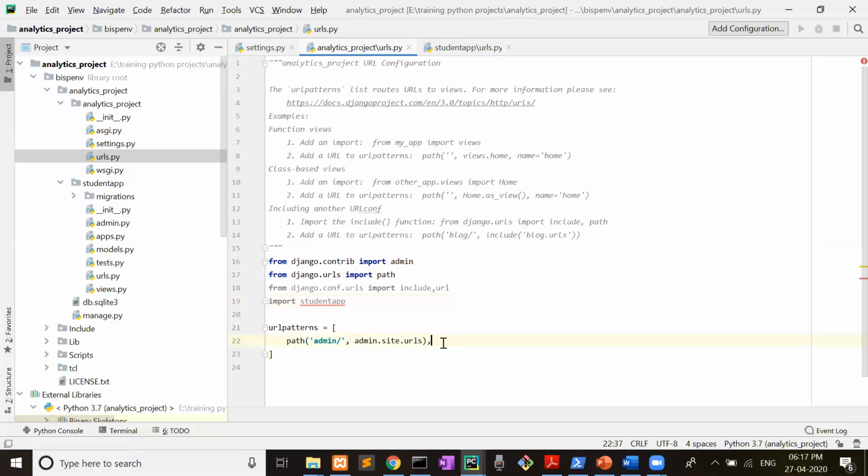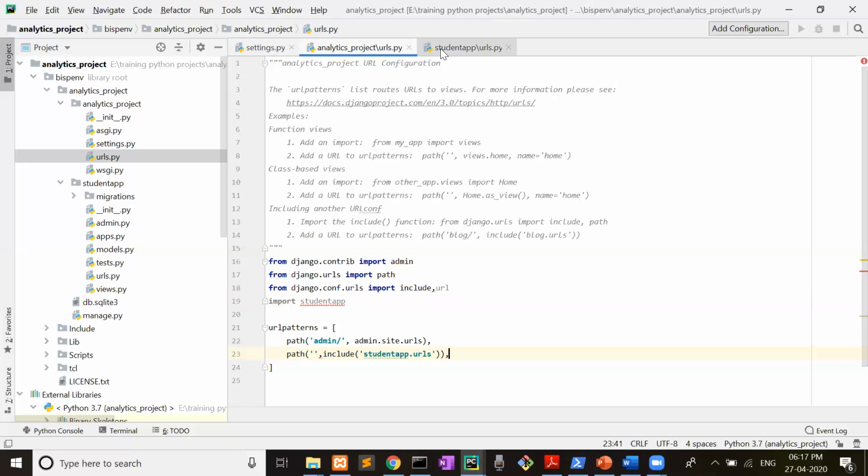And below this, it is showing a red color line, but no problem. Path equal to blank, comma, include student app dot urls. I will show you how it works.